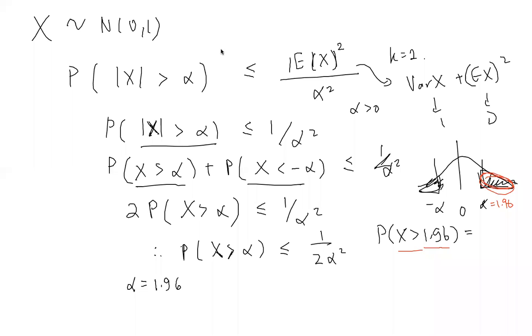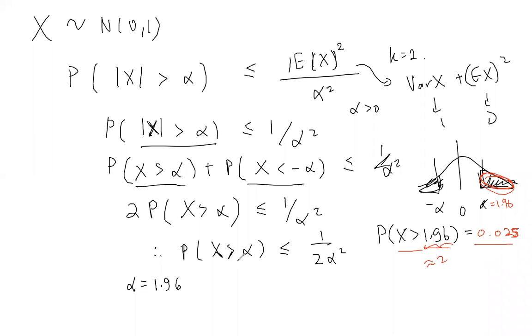$0.025. Okay, great. So this is close to 2, right? Close to 2. So you know the empirical rule, right? Plus minus 2 is about 95%, cover 95%. So this is one side only, so it's half of the remaining 5%. So that's 2.5%, right? So I know that it's 0.025.